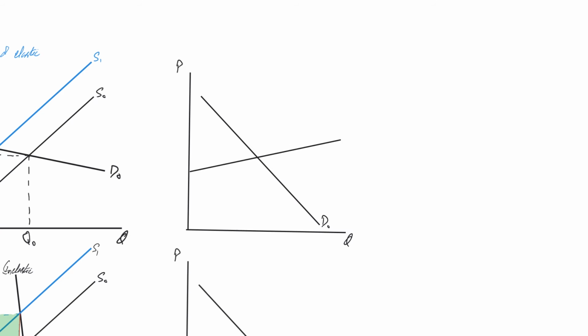So suppose in first case I'll do supply is highly elastic, and so that's the quantity and that's my price. Okay, and I am imposing an indirect tax. Okay, so I'll shift the supply curve upwards like this. Okay, and so my new equilibrium,